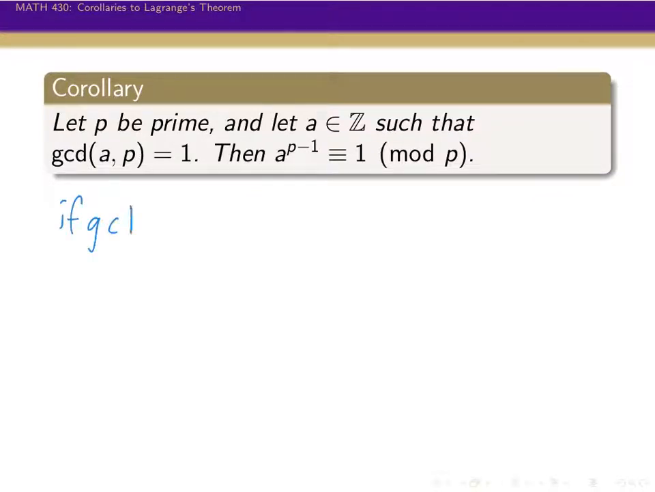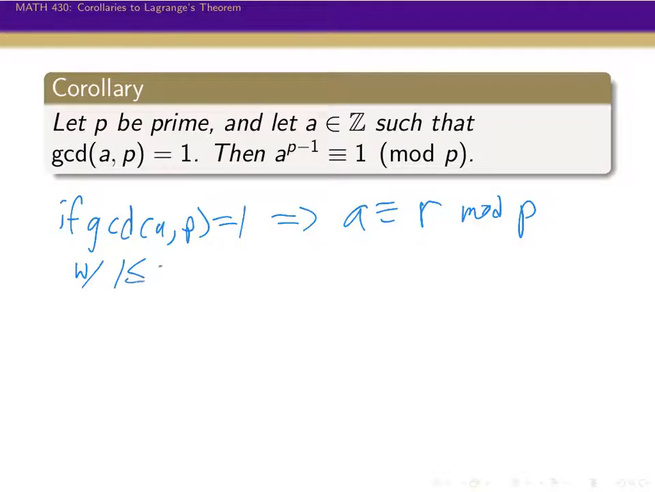if the GCD of A and P is 1, then that means that A is congruent to some R mod P, where R is between 1 and P minus 1, right? And if R is between 1 and P minus 1, then we can think about R as being in the multiplicative group mod P,